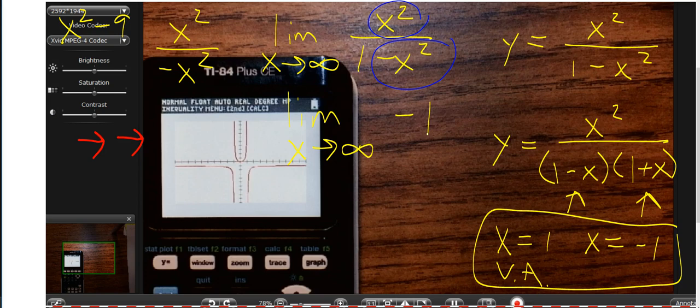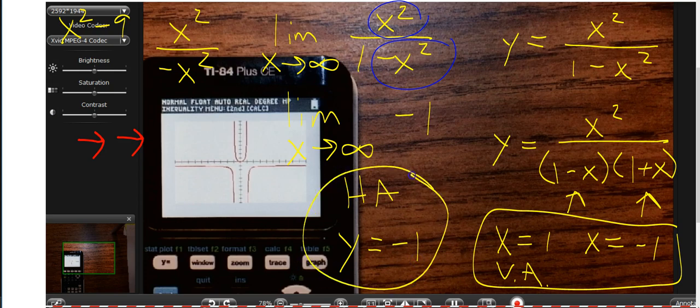What's the horizontal asymptote? Horizontal asymptotes are horizontal lines, right? How do we write the equation of a horizontal line? I'll start you out. Y equals negative 1. Thank you very much. Nice. Right? So we've got a horizontal asymptote at y equals negative 1 and vertical asymptotes at x equals 1 and x equals negative 1. Now hopefully you can look at that picture and see all that information. Because now I'm going to ask you for the range. And to help you understand the range,